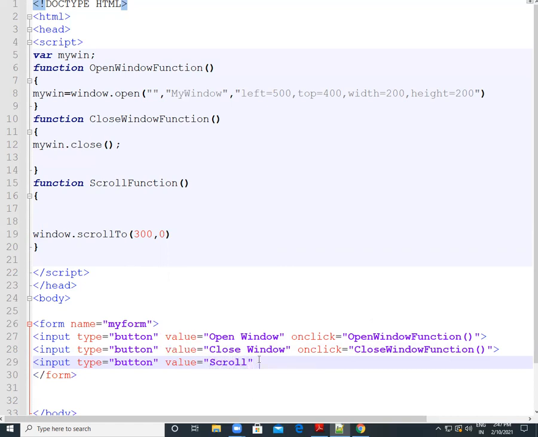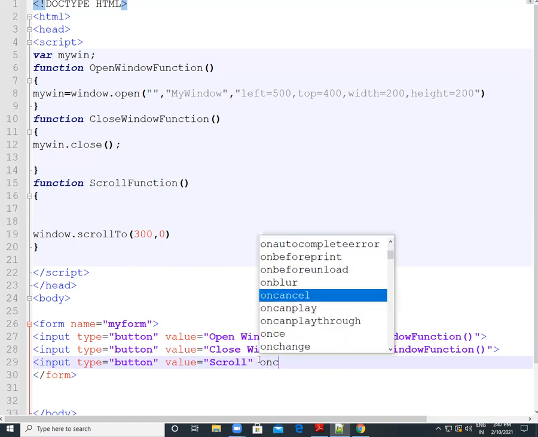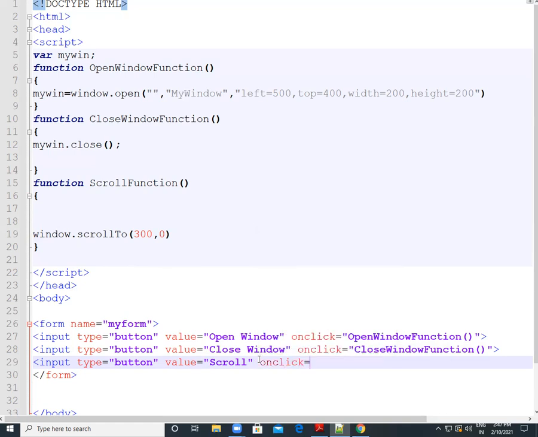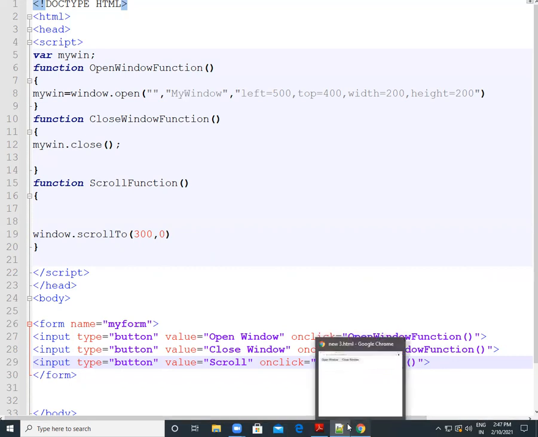Okay, but we only wrote scroll, we have to write the onclick function here, and in the onclick we will give the logic, which function we want to use. We want to use the scroll function. Just copy and paste it here, and I close this tag. So save this. Let's see whether this code will run or not.